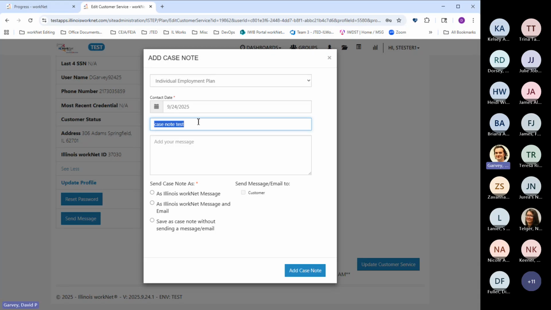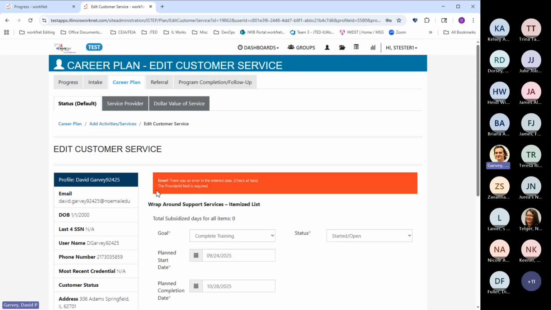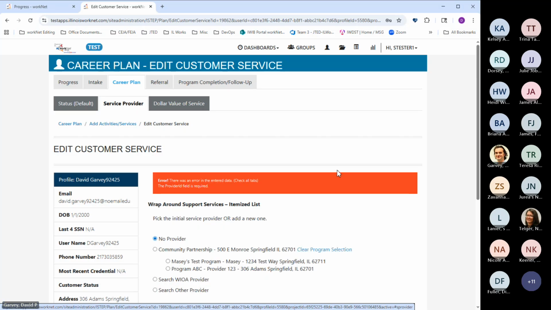Then enter in the title of the case note and the case note itself. And then we'll click to add. But we should see, yep, if you see this message here, the provider ID field is required. That is looking at this second tab, service provider.